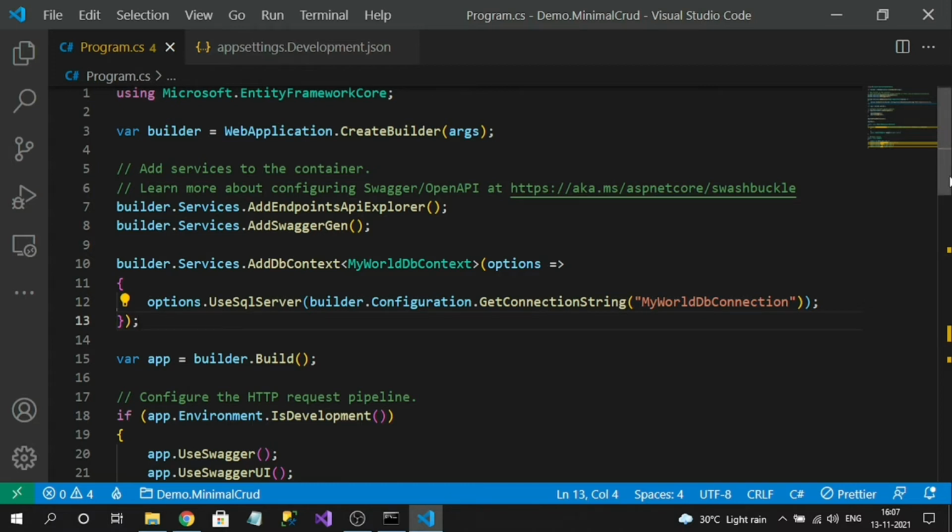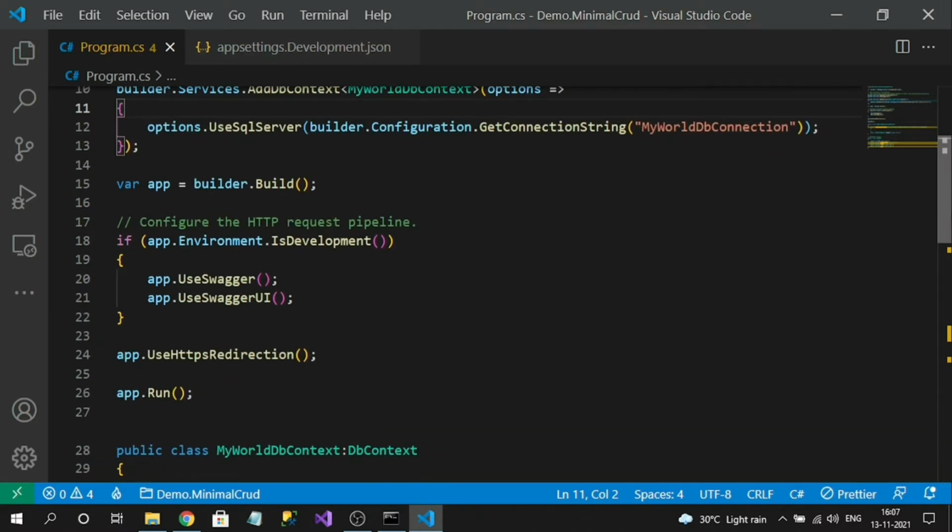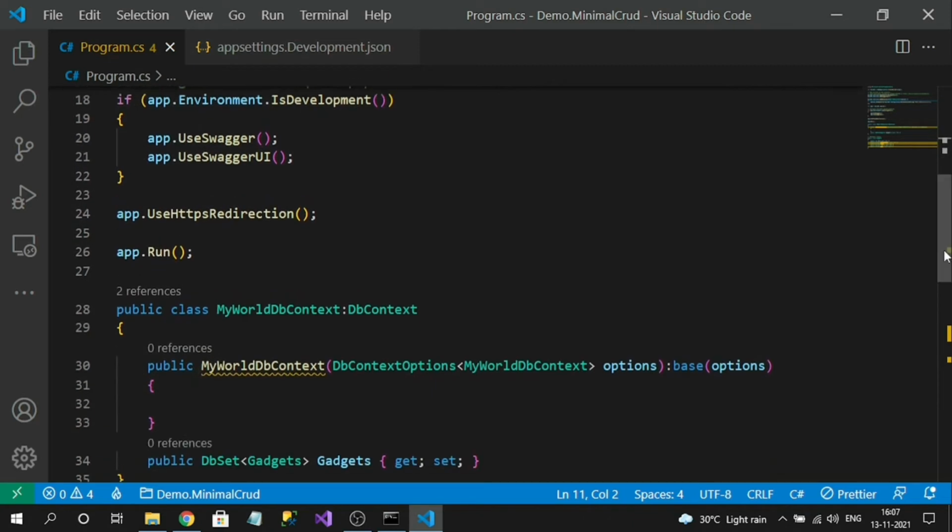Now let me create a create endpoint. In CRUD operations, let's begin with the create operation. To do that, we can use the HTTP endpoint methods.